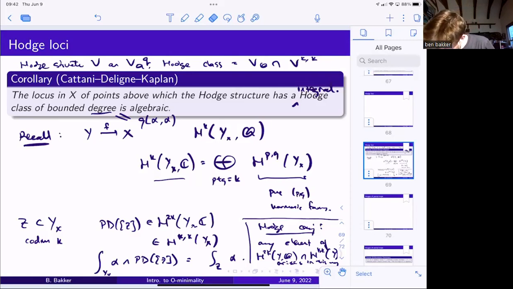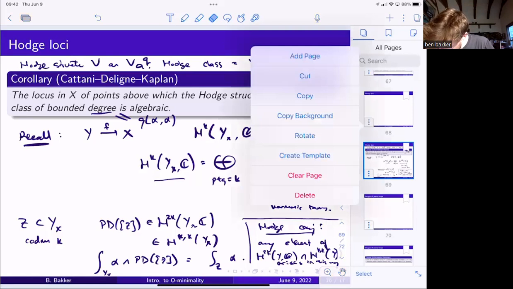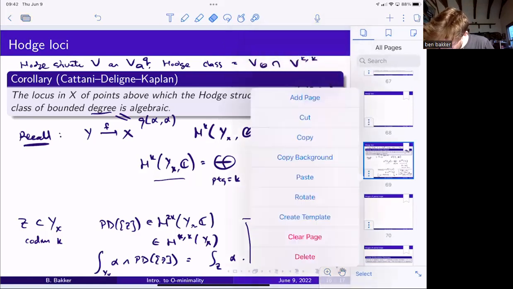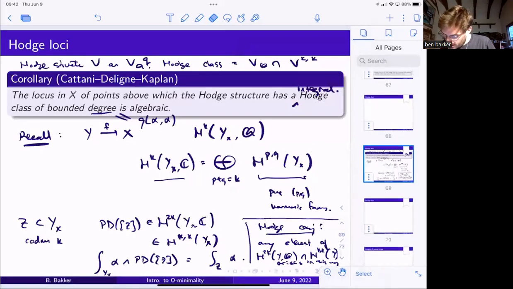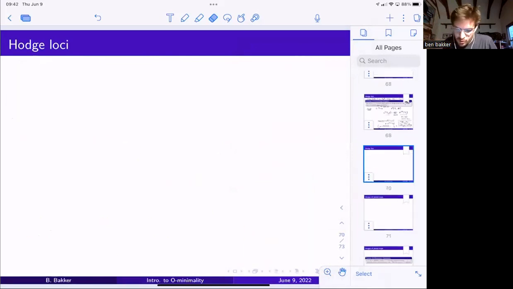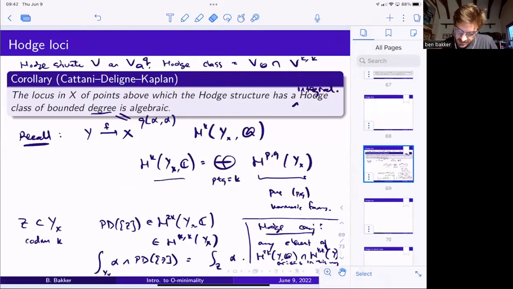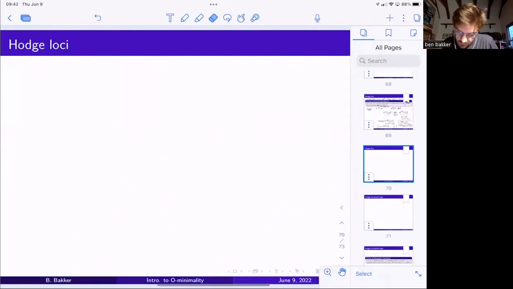Let me get a new slide. So how does the proof of this corollary work? Let me just give a few remarks. So the point is that